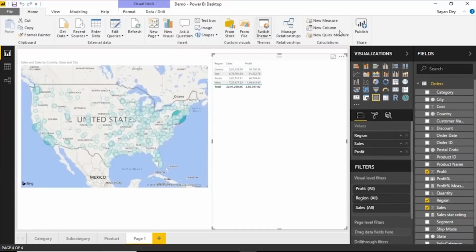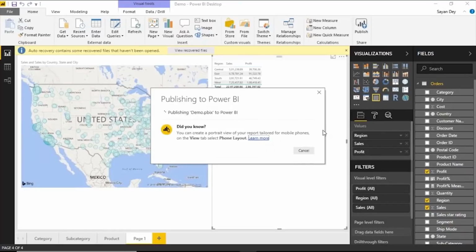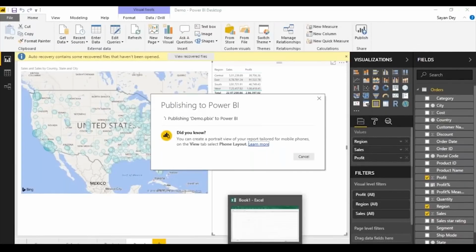So right now I've just implemented it in my desktop. The final step is I have to publish it. So I will publish to my workspace. Replace, because another dataset with the same name is already there. It will replace by default because they both have the same names. And once I do that,